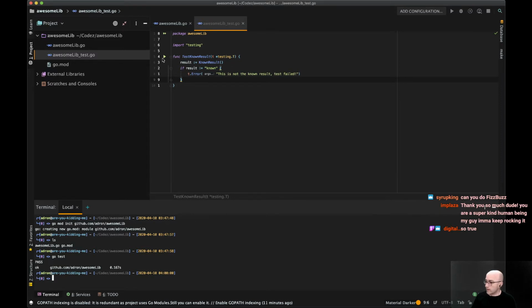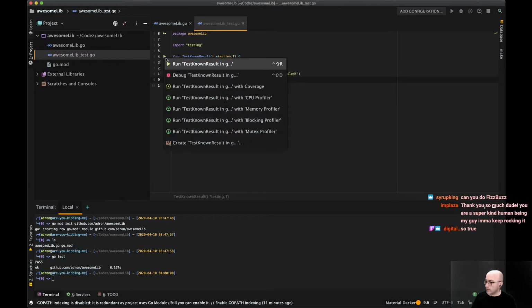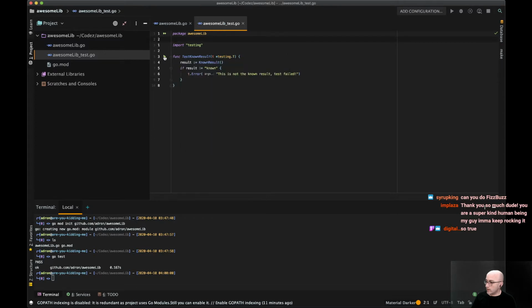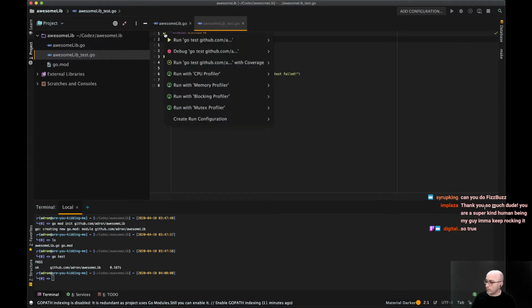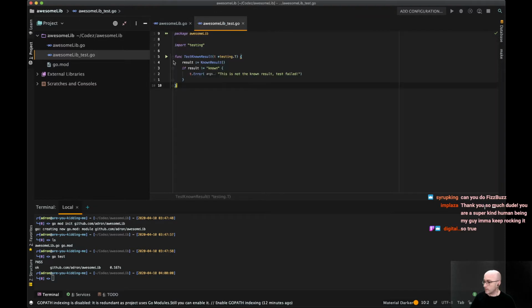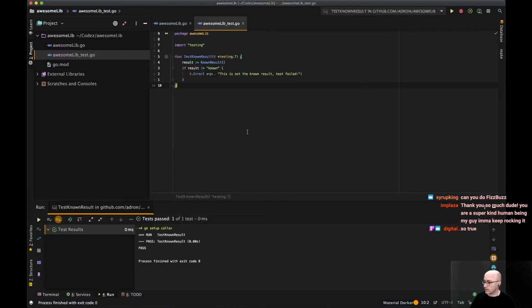Or in Golang, you can click on the little play button here, and this runs the single test. If you click on the double play button, it runs all the tests in the file. It also gives you the options to run with coverage, which shows you the full test coverage of everything, and with these other particular blocking memory mutexes, CPU profiler to see other characteristics of that particular test. So I'm just going to run the singular test. And there, you get a little bit of a different interface down here at the bottom that shows you that it passed and that it ran.